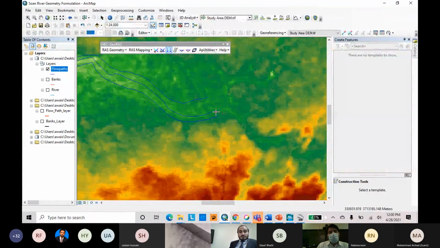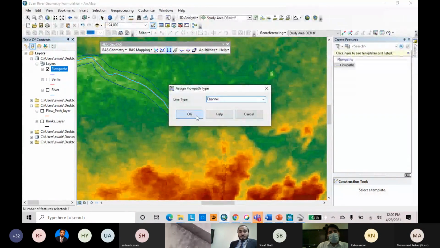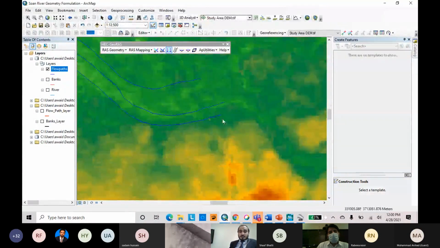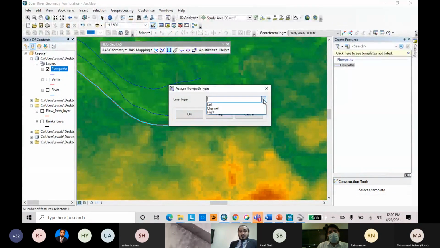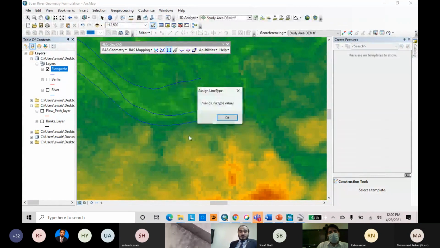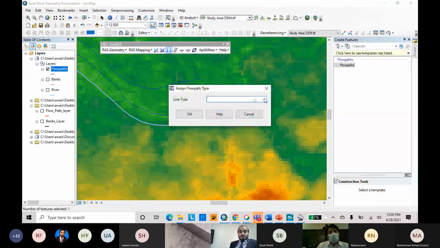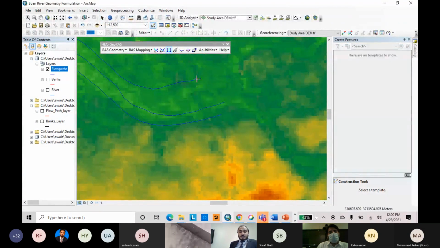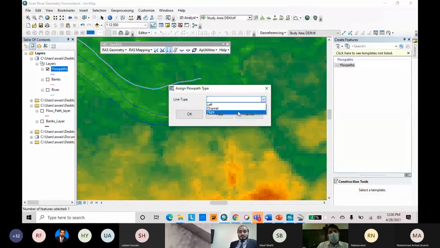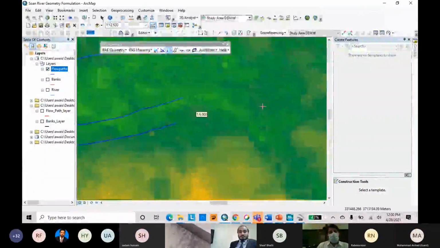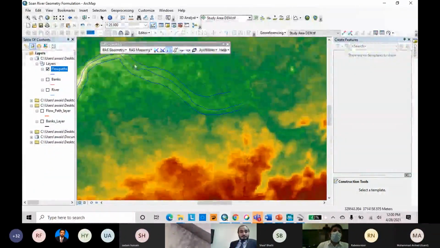Here you just have to click OK. This is the channel. You have to specify your line type. This one is over the left bank side, so it is left, and this one is over the right side. Okay, we have assigned.